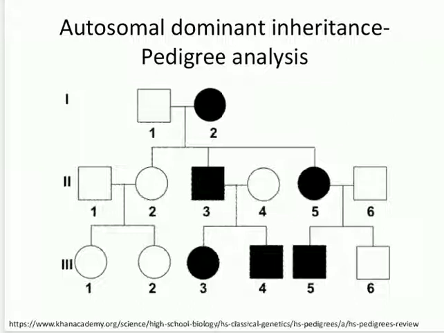That is one thing. And then see if the affected person is having an affected parent or affected sibling or affected offspring, and see the male and female proportion. Okay, so you are just going to infer the pedigree from these 3 points alone. So what are my inferences in the pedigree for autosomal dominant? Autosomal dominant, the affected person is having an affected parent.